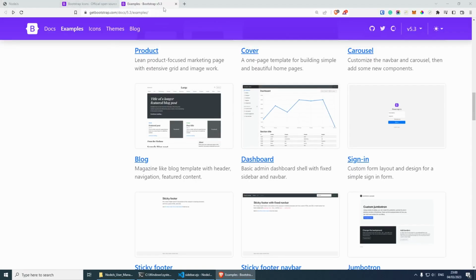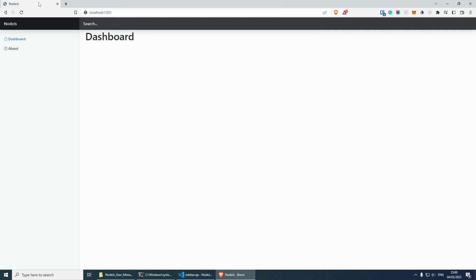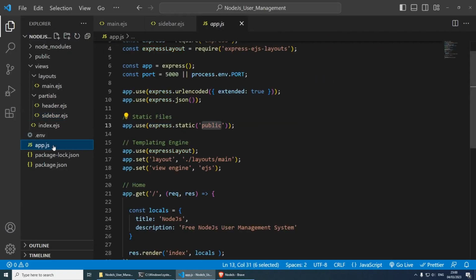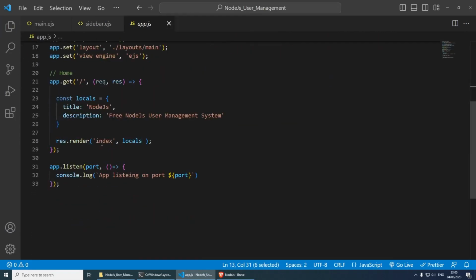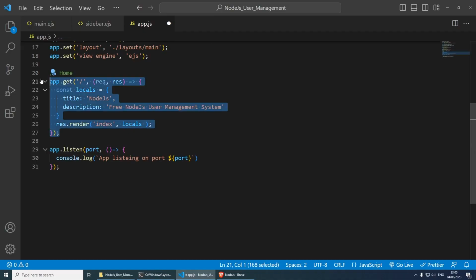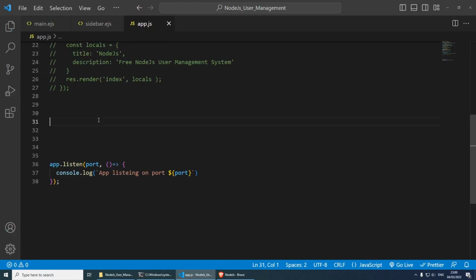All right, now we can close Bootstrap super quickly and we can focus on our routes. If we go back to the app.js file in here, the first thing that I'm going to do is scroll down to a home route, and we're in fact going to be changing this and moving it to its own folder just so we're a little bit more organized. I'm going to comment this by doing Control and slash, and this is going to comment it out. If we get a 404 error, so if you go to any page that does not exist, we can do a 404,